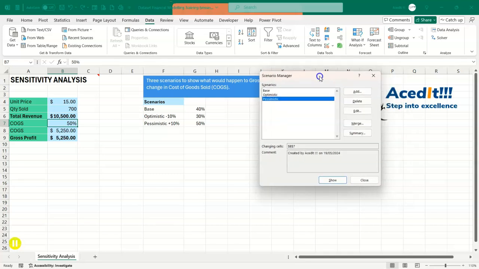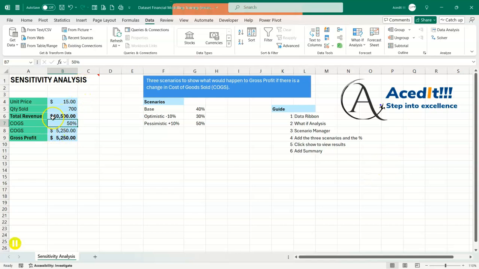Another thing we would like to do, we would like to show a summary of this, but first of all, I'm going to name our cell. Let's click on close. And for our cost of goods sold, we are going to name this cell, so we're going to do the name box, COGS, enter. For our gross profit, we want to also name that GROSS_profit. We don't need no space when we're naming, so just place an underscore